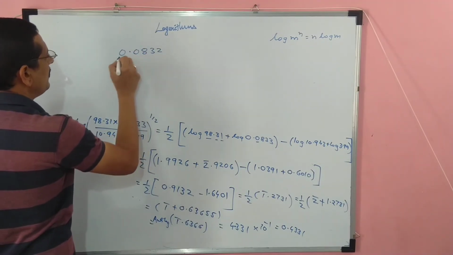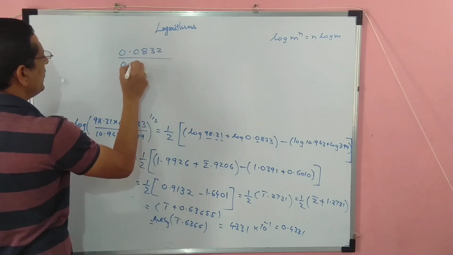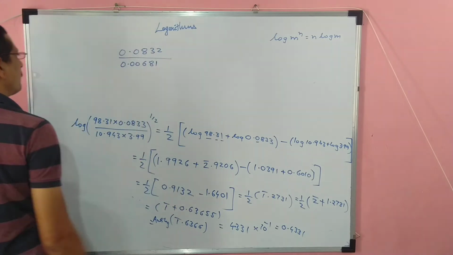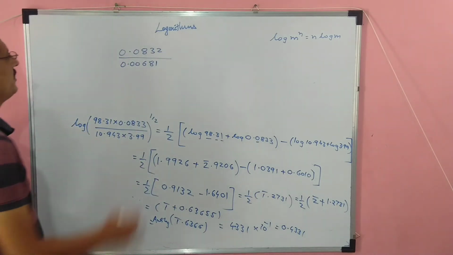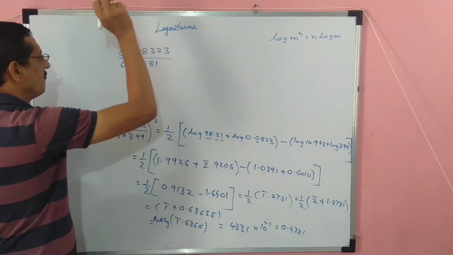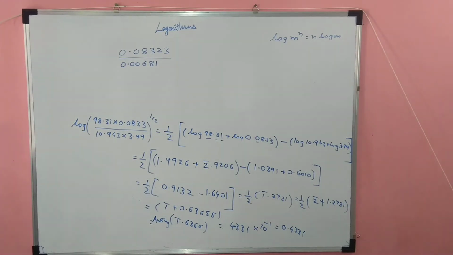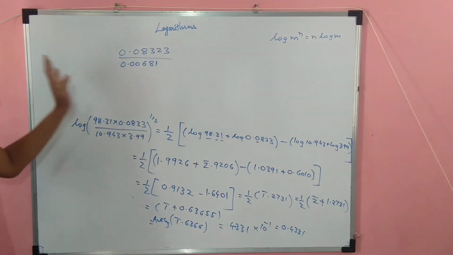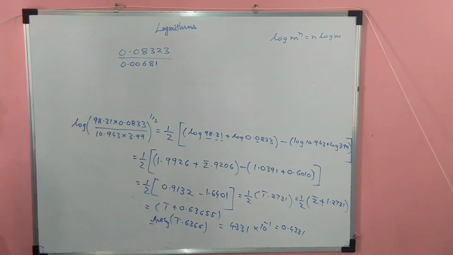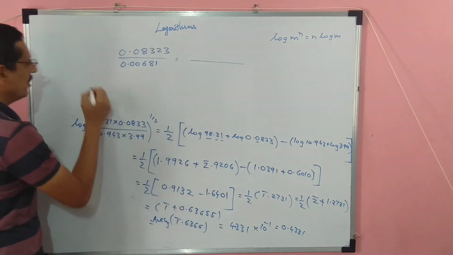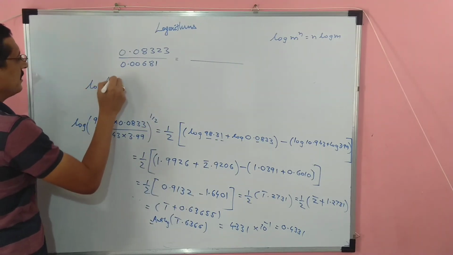0.0832 divided by 0.00681. Okay, ये वैल्यू है समझो. And here I will take one more digit, that is, I wanted to solve this. Now I wanted to use logarithm, no other method, and I wanted to solve this with the logarithm method. It is equal to this value, so I'll say log of